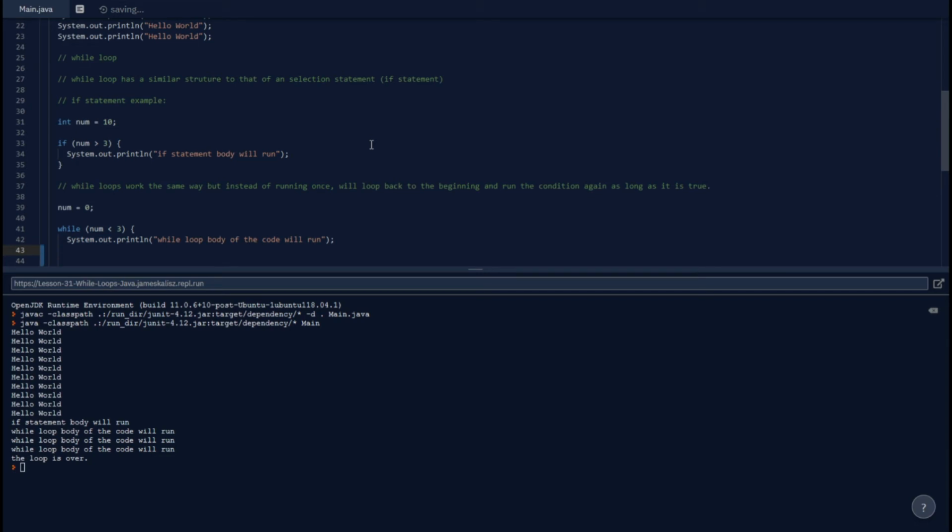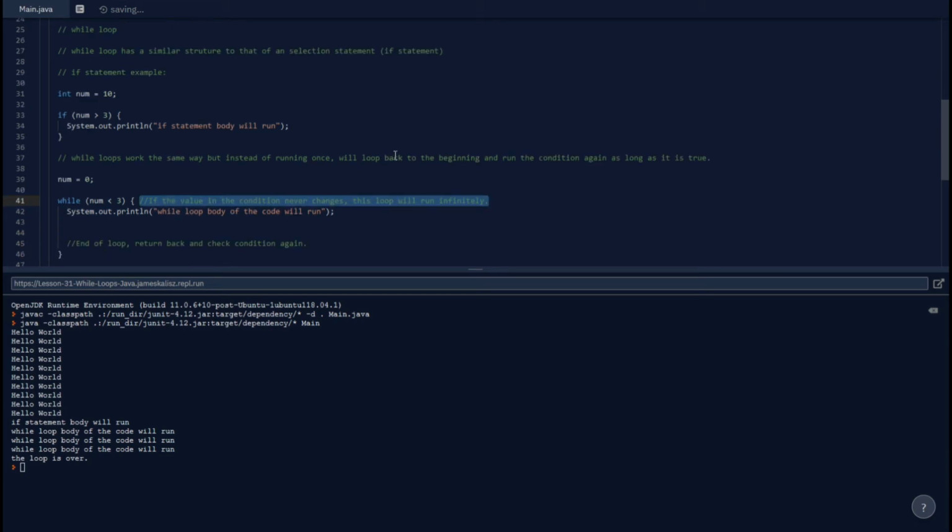Then I'm going to finish that off with a curly bracket, and when I get to the end of my loop down here, I will return back and check the condition again. Now, this is great, and if the condition never changes, however, this loop will run infinite. And that's because num's value will always be 0, so it will always be less than 3,